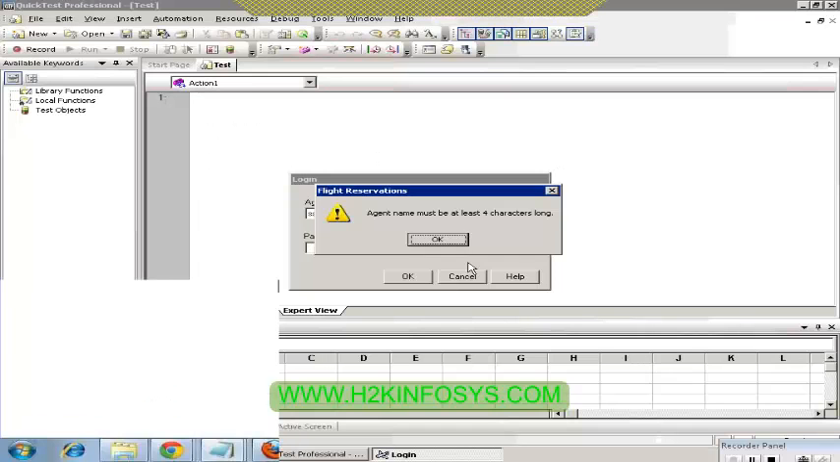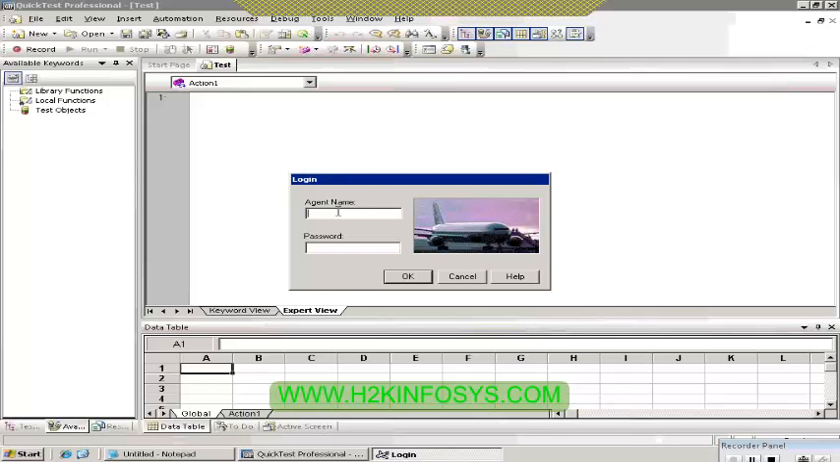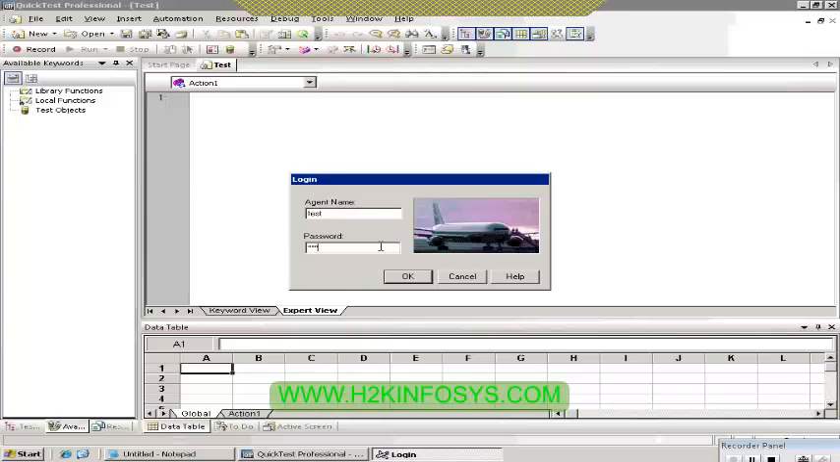And then object state. What's an object state? So object state is something like, okay, once you enter the username and password,